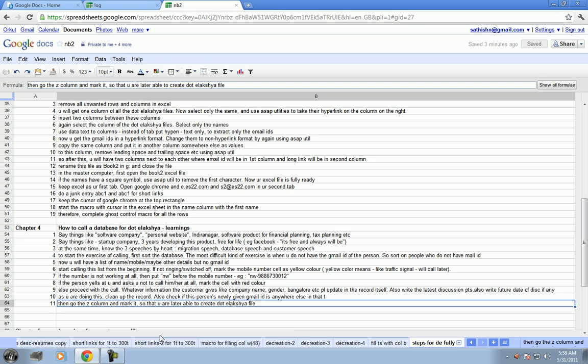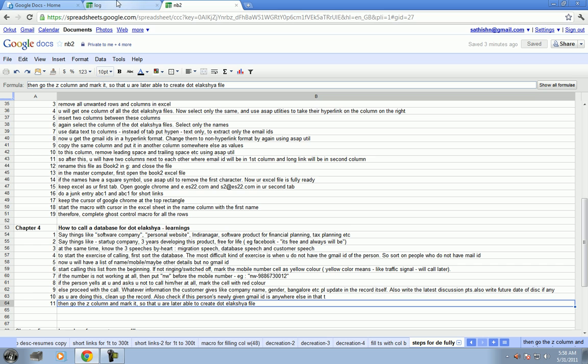Once you clean up that record, there are 3 data of that record which you need to put into DSP, which are the Gmail ID, the spreadsheet key, and the mobile number. Correct? These 3 data you put into DSP.